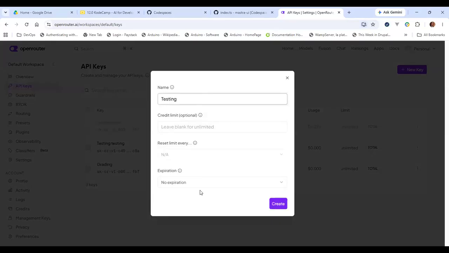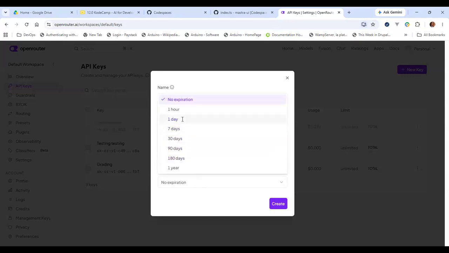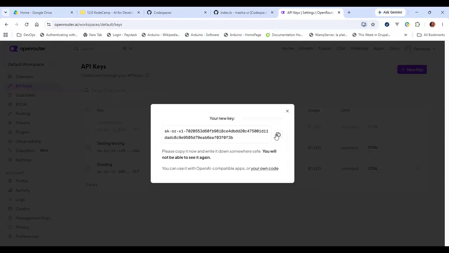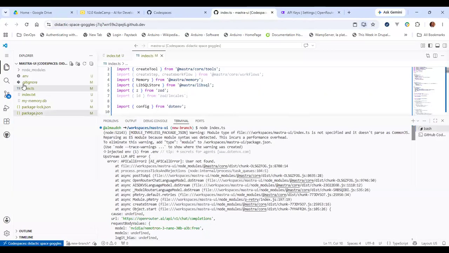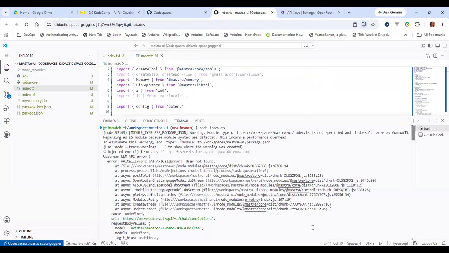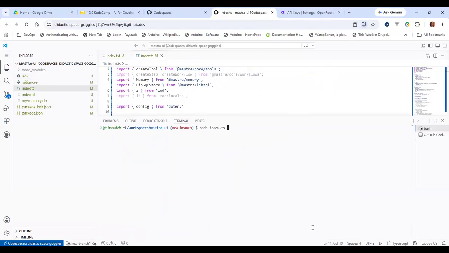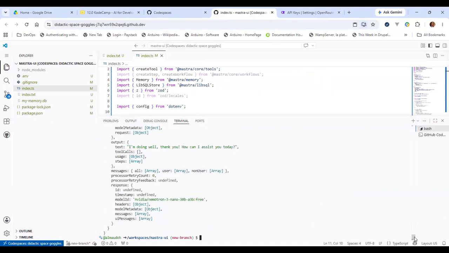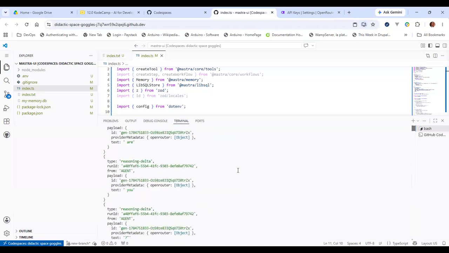Testing, expiration 1 day, and copy it. All right, let's see if this works.